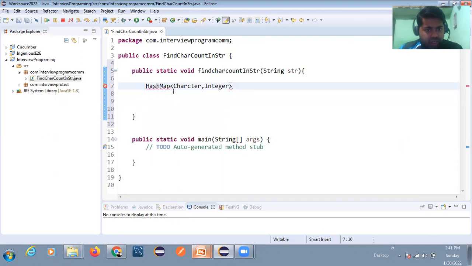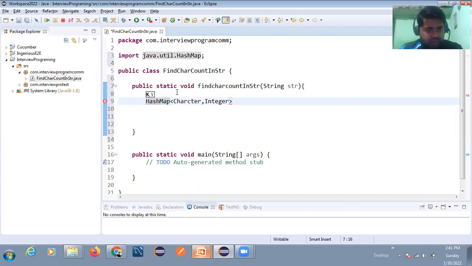I'm not sure, let me check HashMap. Okay, now it is coming. Yes, sometimes this happens with Eclipse.